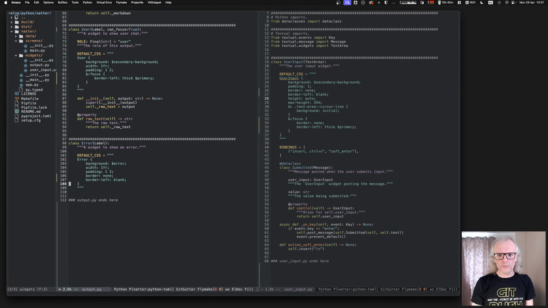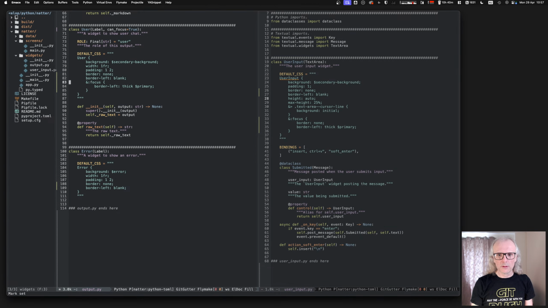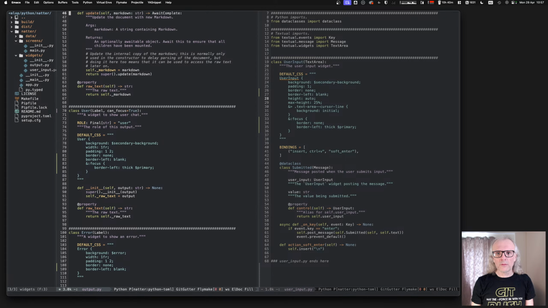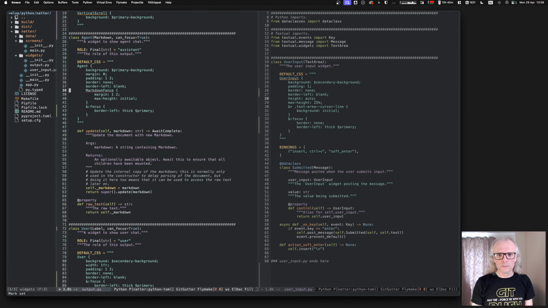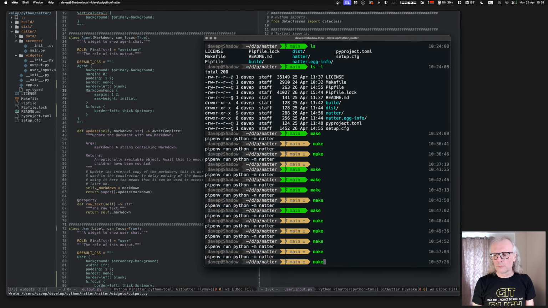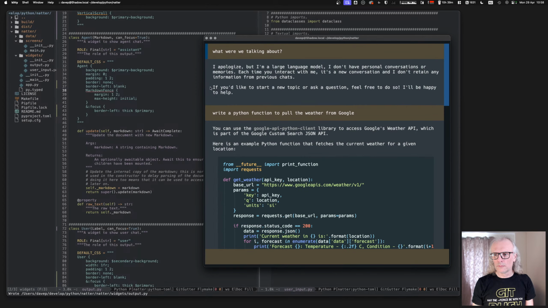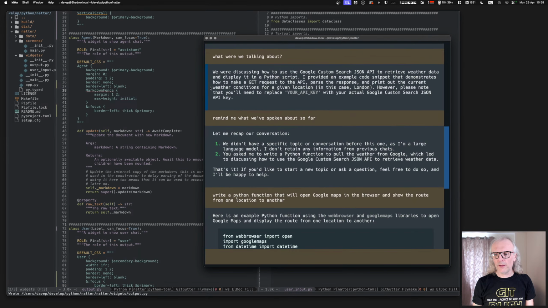I want it for the error as well, even though I'm not going to allow the error to be focused, at least not for the moment. That needs to be on there. There we go. That's the effect I was after.